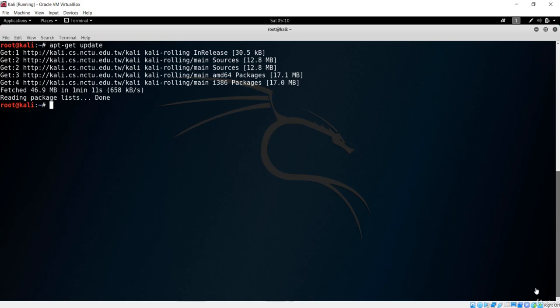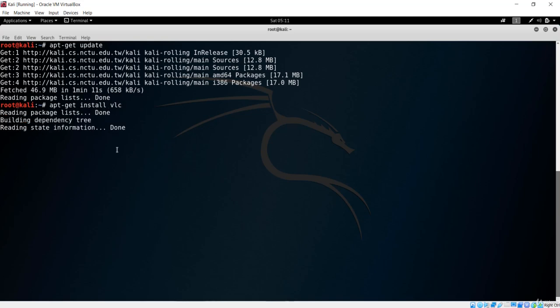Now the next thing you have to do is install your application. Installing an application is done with the apt-get command, but instead of update you type install and your package name, which in my case is VLC.